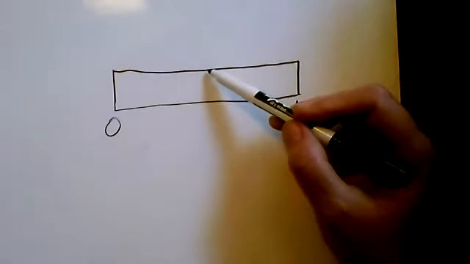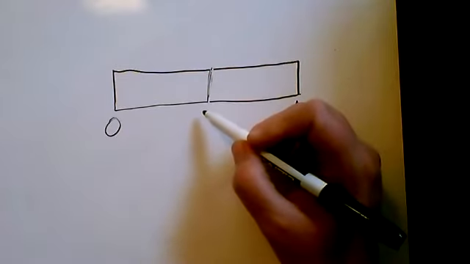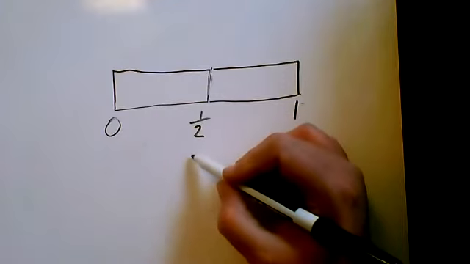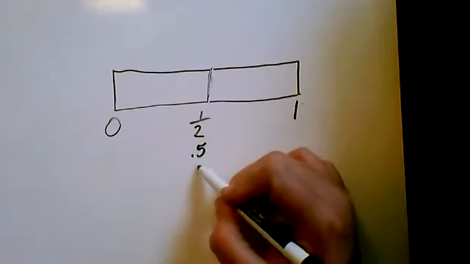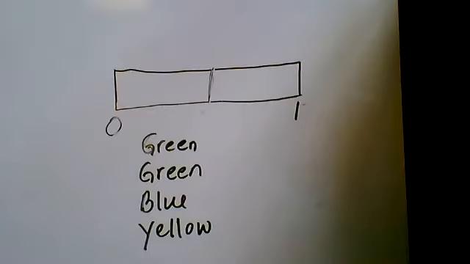Well, you have a 50-50 chance, right? So this is where it would be. So you could represent that as 1/2 or 0.5 or 50%. All right, so for the next scenario, your child has 4 tiles, 2 green, 1 blue, and 1